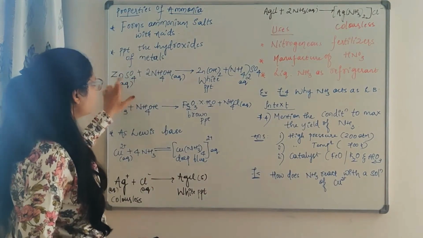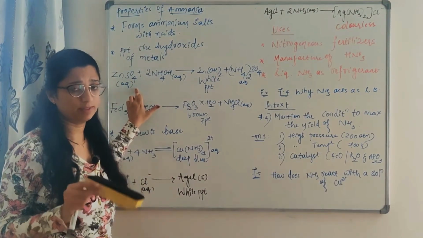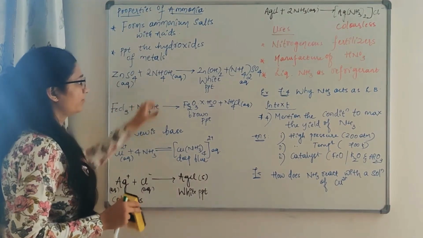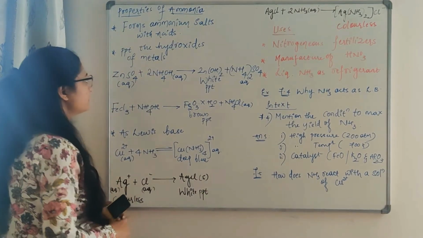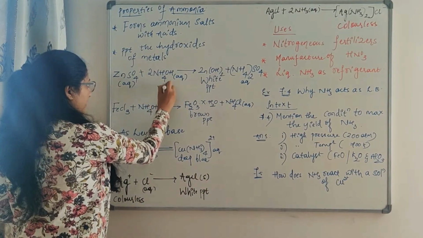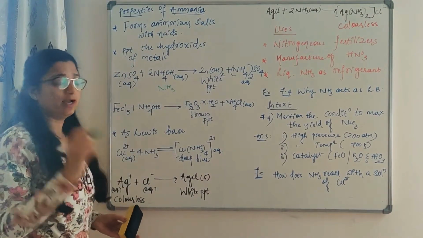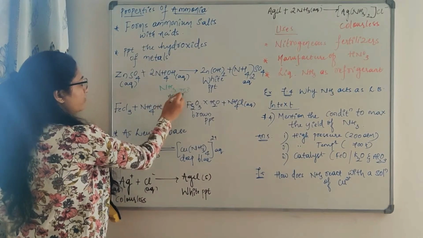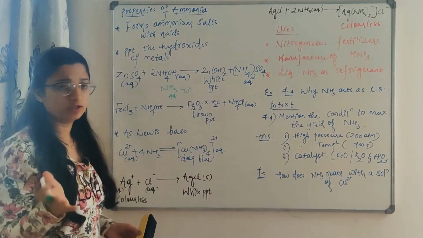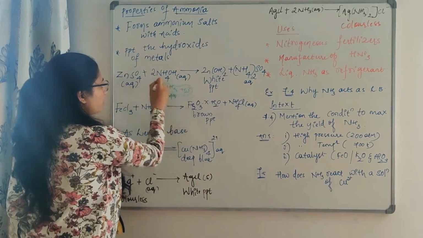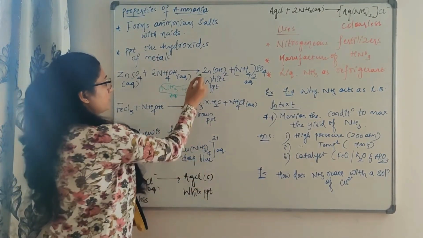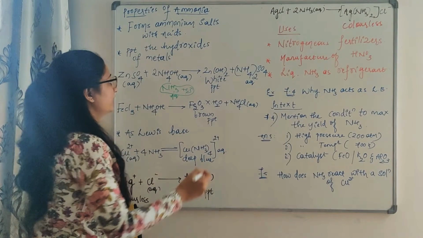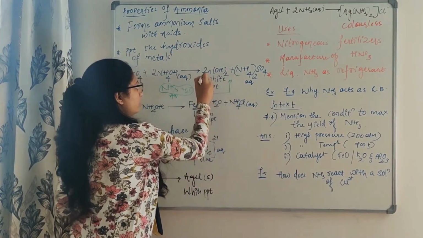I have taken here zinc sulfate, that is a metal sulfate, and the metal is zinc. This zinc sulfate, taken in the aqueous form, is reacting with ammonia. They may give you NH3 and mention aqueous, that is nothing but water will be there, so NH4 and OH will be there. Both are the same. If they give you NH3 aqueous or NH4OH, it is one and the same. So we get zinc hydroxide along with (NH4)2SO4, ammonium sulfate. The color of this will be a white precipitate.